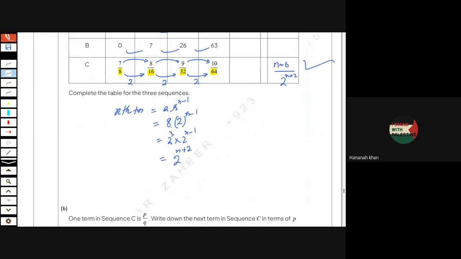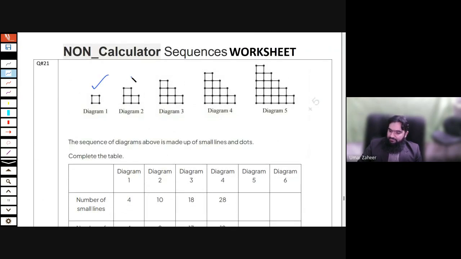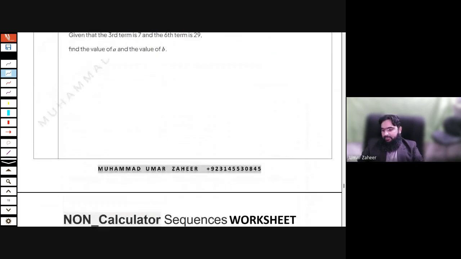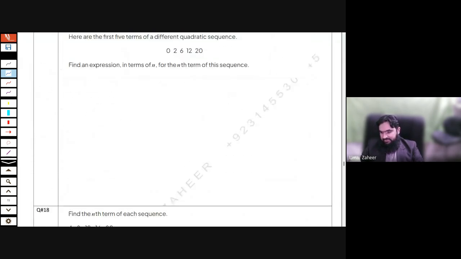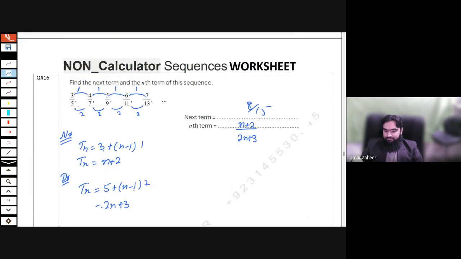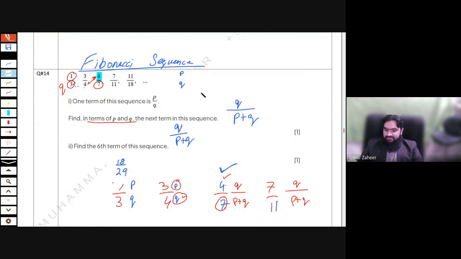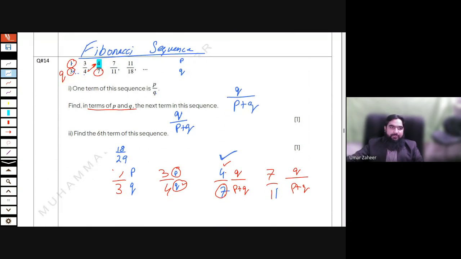Okay. It is the calculator worksheet. Now look at here, one more pattern. In the pattern, you have to find the sequences, and obviously you have to use the rule of the sequence as well. The difficult part of the sequence is this type of sequence in which you have to find the rule by yourself. In this one, you have to find the rule by yourself, which rule is going to be here that you are getting the next